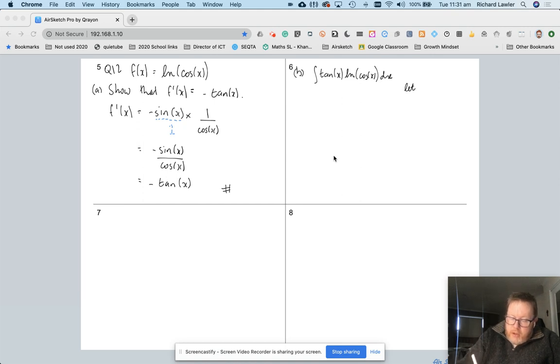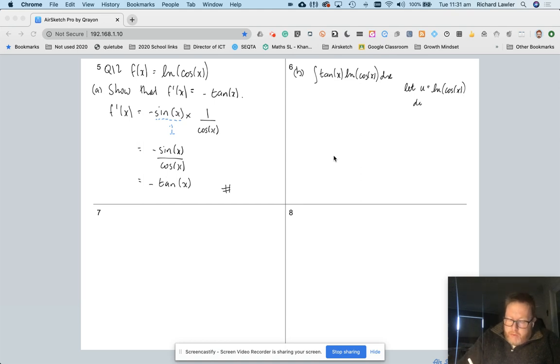Now, this is unusual. We haven't seen this before, and it requires us to think very carefully about what we're doing. Rather than letting u equal the inside function, I'm going to let u be the entire right-hand side of the product. So let u equal ln cosine of x. Okay, that whole right-hand side of the product there. And the reason why is because I'm going to build in what part A